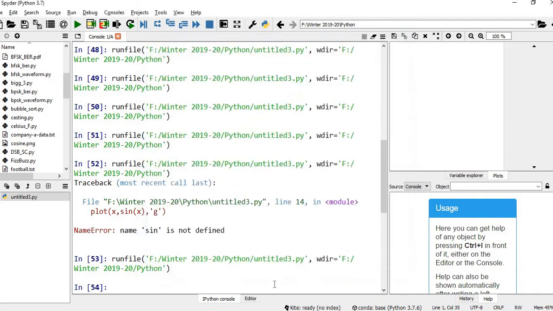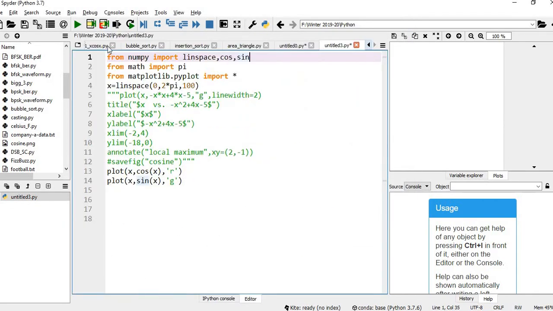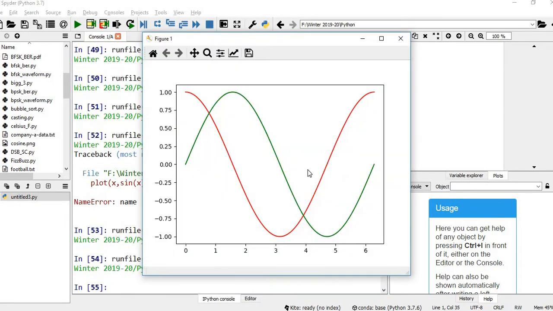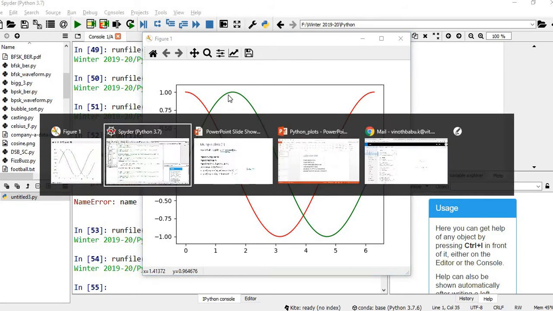I have to close the previous figures. By default, the plots are overlaid in one figure window. You can see both the cosine signal as well as the sinusoidal signal.